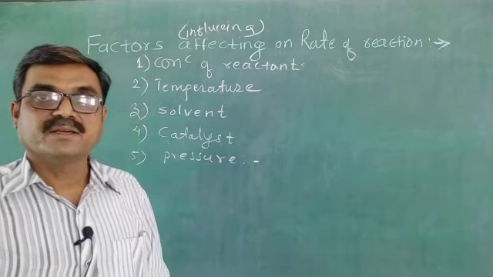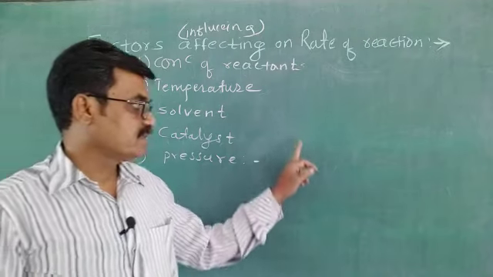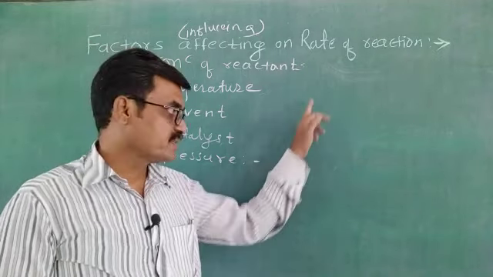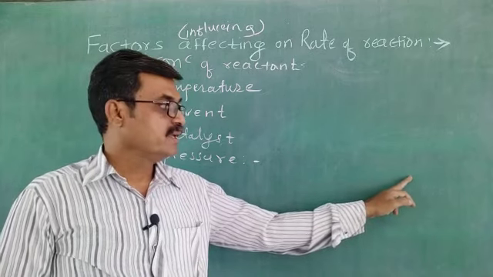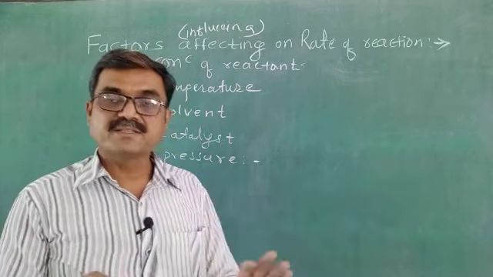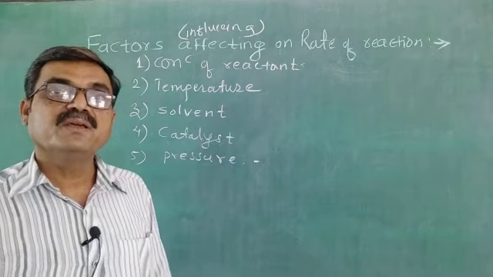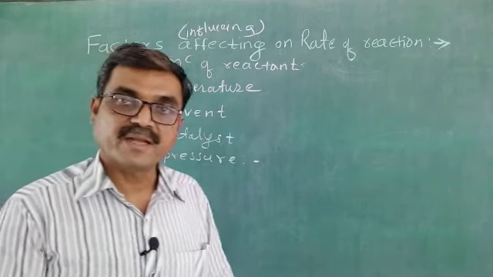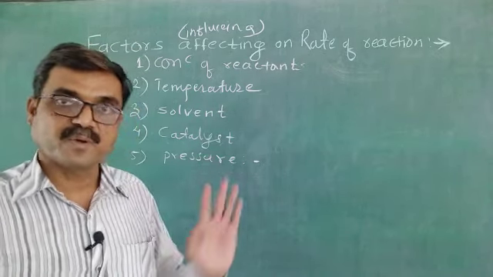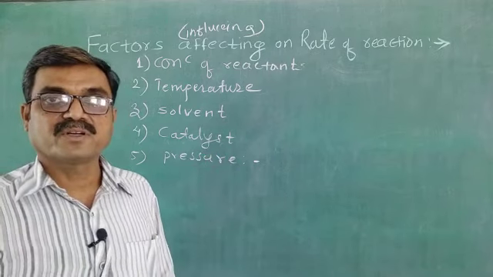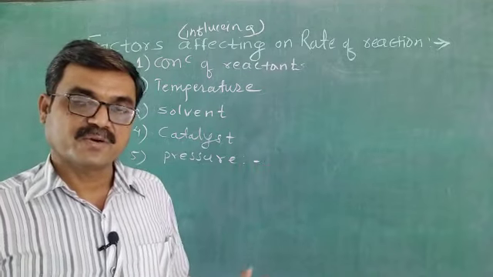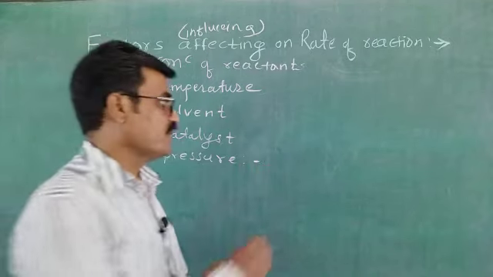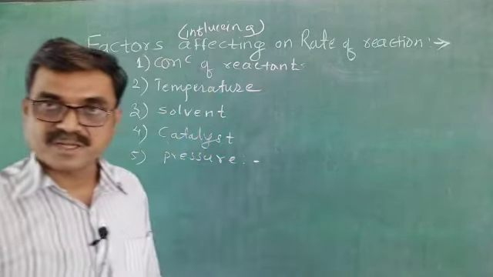We studied graphically, as if we plot concentration versus time, the concentration of the reactant decreases in such a way. Theoretically the reaction is not complete, but practically it is assumed that after some time the rate of reaction may be slowed down and the reaction is complete. And the reverse case for the product: initially concentration of product is 0. Okay, as the time increases, concentration of product increases. That's why in this way such a curve is obtained for product.